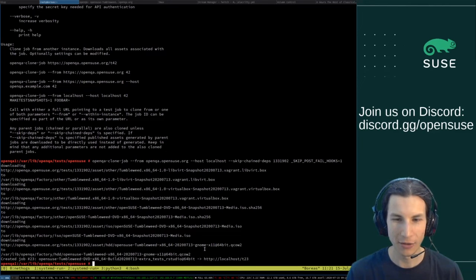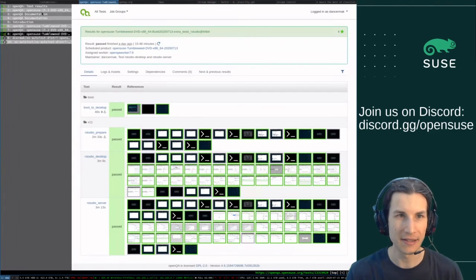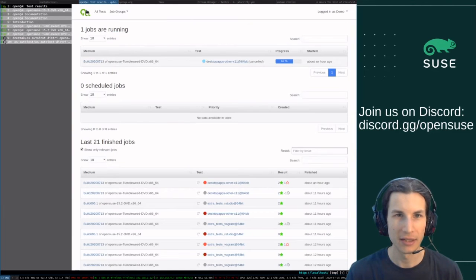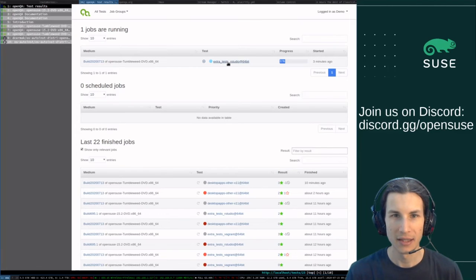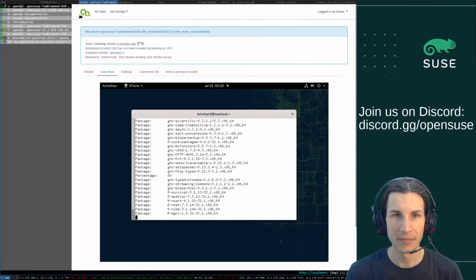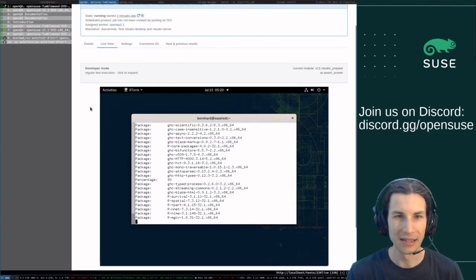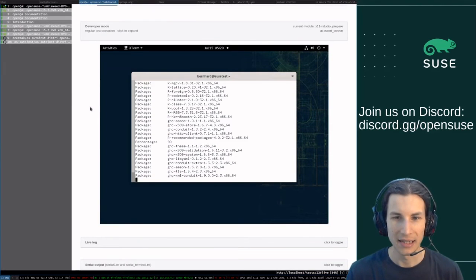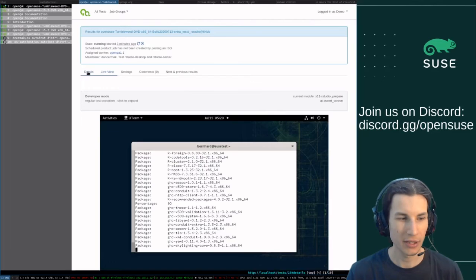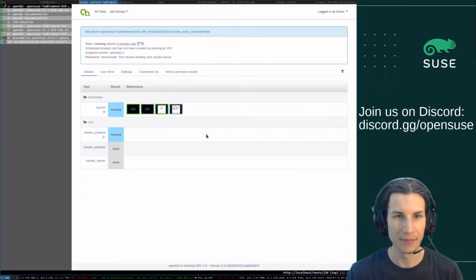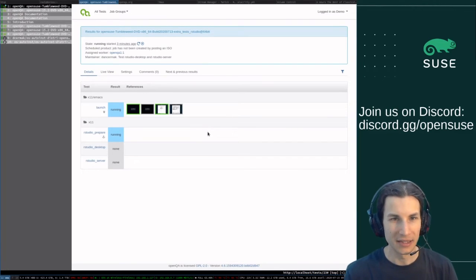And it's already kicked off a new test. So let's go to my local instance, reload it, go here, click on the test, and now you'll see we'll land in the live view. And what you see is it's currently installing. So we can also change here on the details tab,